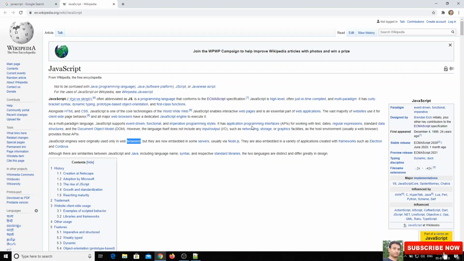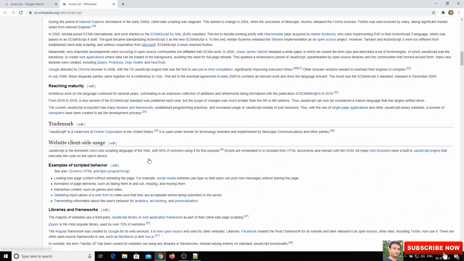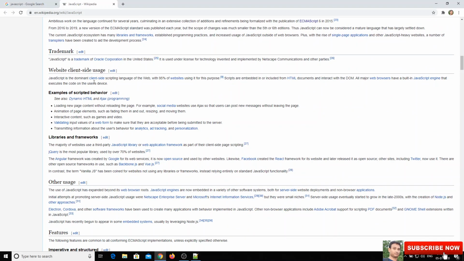But there are some runtimes like Node.js which run on the server side also. Node.js has many features related to the server side, but the core language we will be using is JavaScript only. JavaScript has a syntax similar to Java, and it is often called a curly-brace based language. It also has prototypes, object oriented representation, and all those things. If you come to the history, you will be able to see all of that.